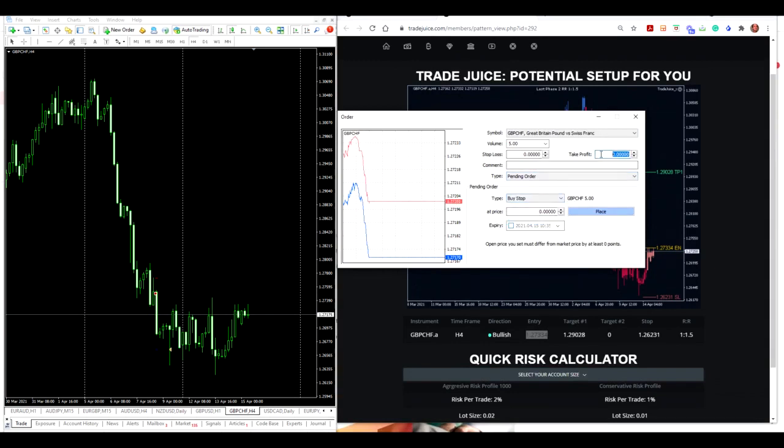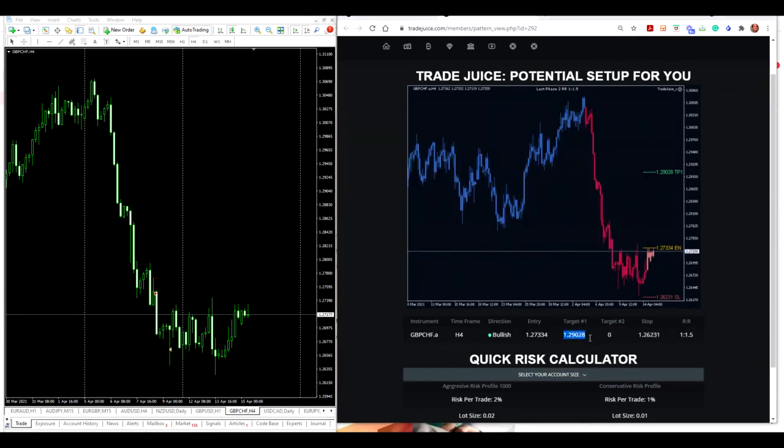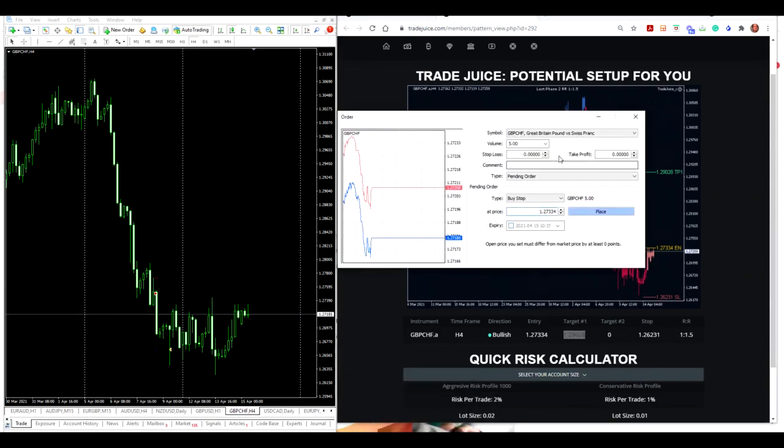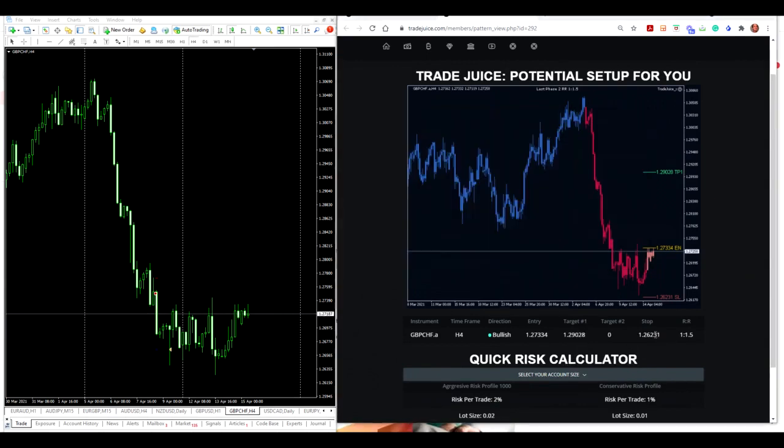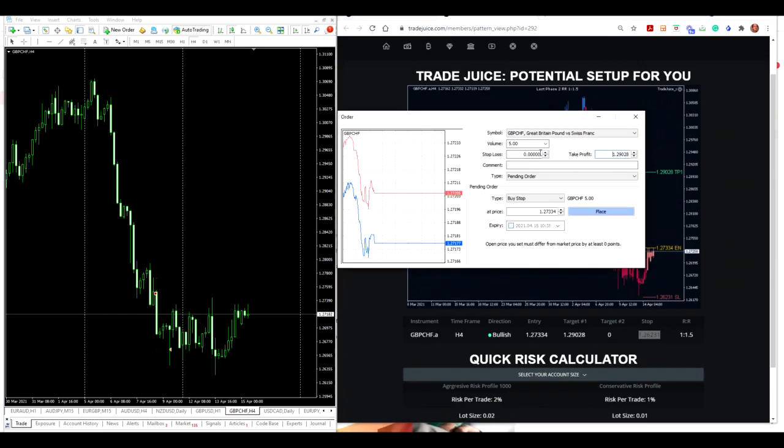And I'm going to just also add the target, that price there. And do that now. And you can also set a stop. Of course, while I'm making this video, it takes a bit longer than usual. But here we go. I've set my buy stop with that price there. Take profit target here. And it'll trigger my entry